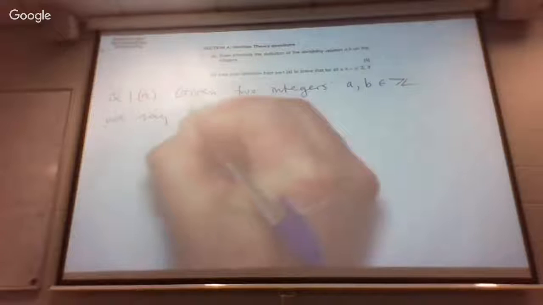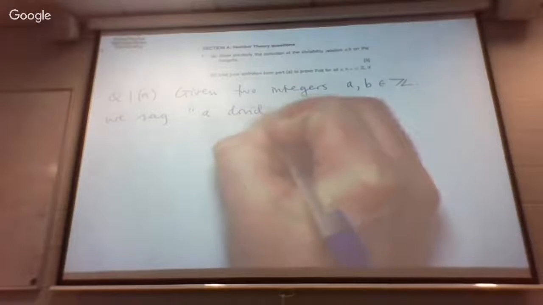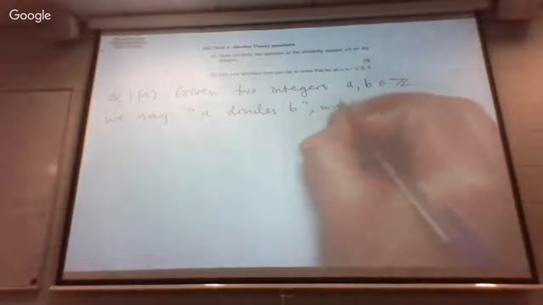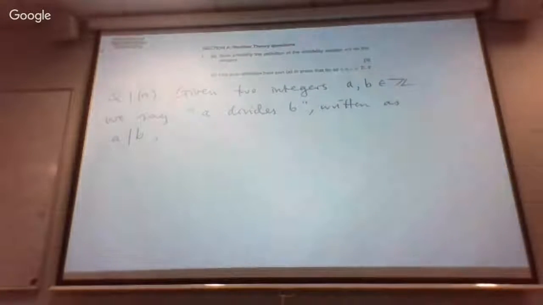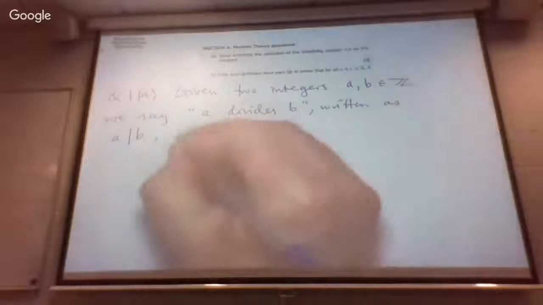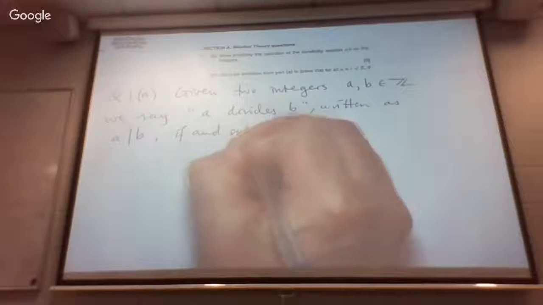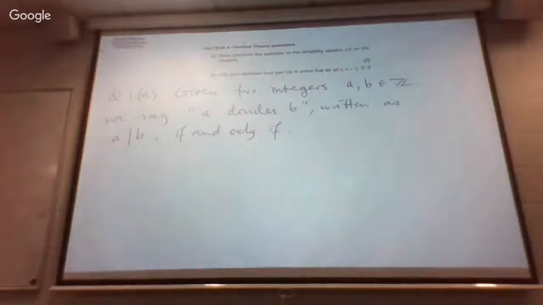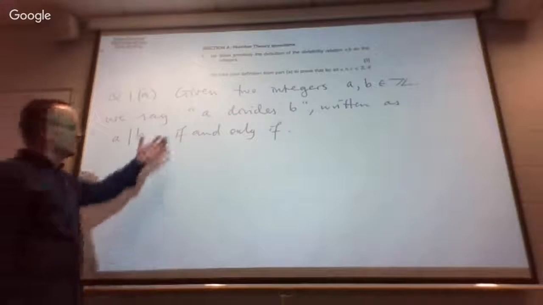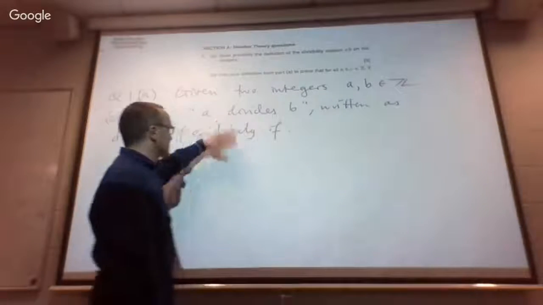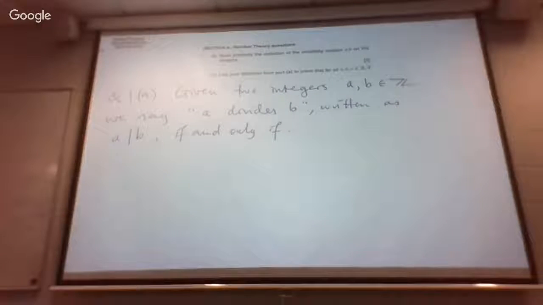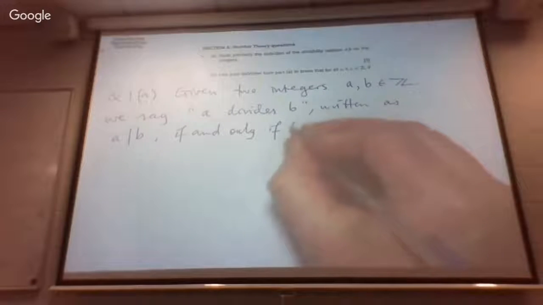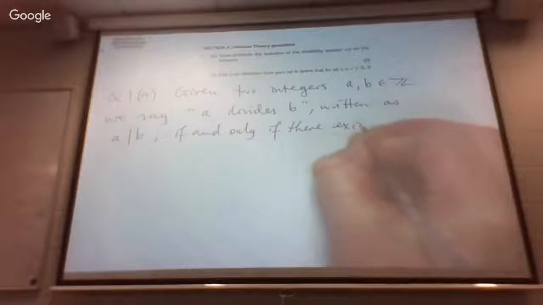So given 2 integers A and B, we say A divides B, written as, notation, A divides B. And generally with definitions, we tend to like to use this if and only if construction. This is the way of saying that what follows the if and only if is going to be exactly equivalent to this terminology. So if and only if there exists another integer, C,